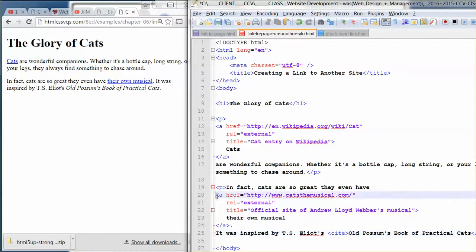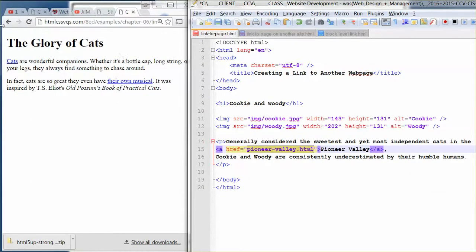So when you look at the whole reference, you can see that this is going out to another link on another website. And you can see that by just cursoring over it, and you're going to see that it no longer is going out to our class webpage. It's going out to Cats the Musical. When we click on link to another page,